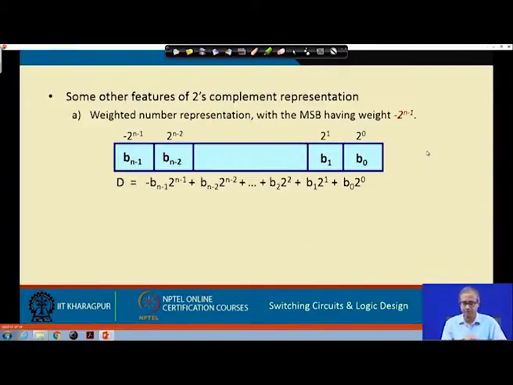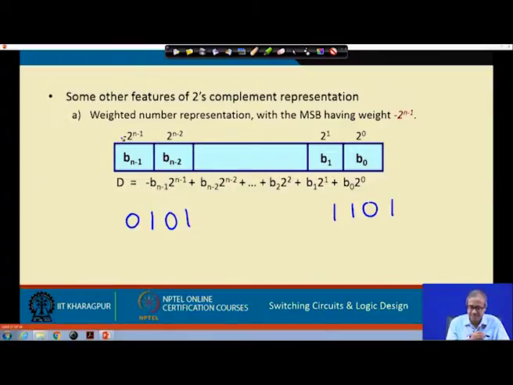Let us talk about a few other features of 2's complement representation. Well, this may not be very obvious, but when you are calculating the value of a 2's complement number, this can help. Suppose I have an n bit number representation in 2's complement. Let us say in 4 bits I take 2 examples, 0101 and 1101. I want to find out its value. So, a simple rule is each bit position will have a weight, you add them up. The most significant bit will also have a weight, but